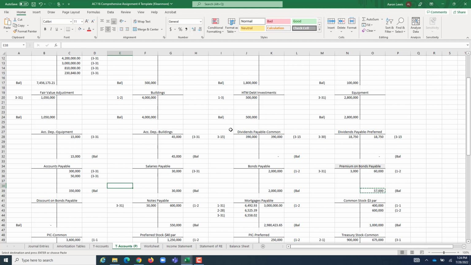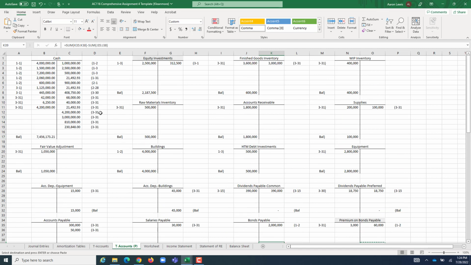I do want to make one point real fast before I end this section of the video. That copying works because all of the T's that we have here are uniform in size. Every single T that I have is the same amount of lines tall. So every time I copy the formula over, it always just copied it over, grabbing the same space. You will have two T accounts that are different in size. One obviously is cash. We have a whole bunch of cash action going on over here to figure out this company's